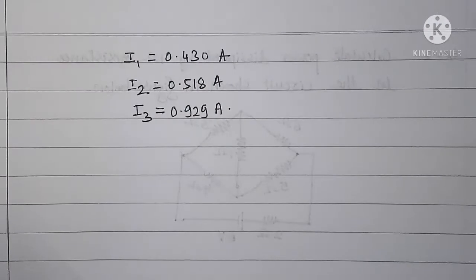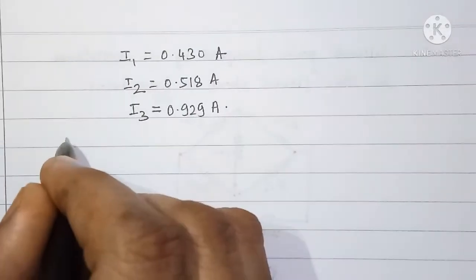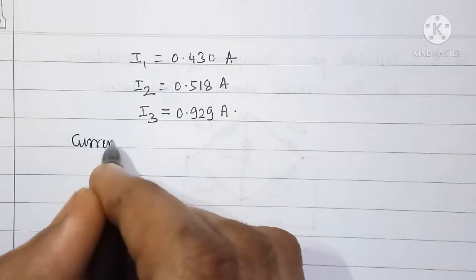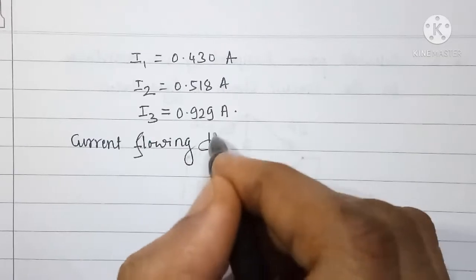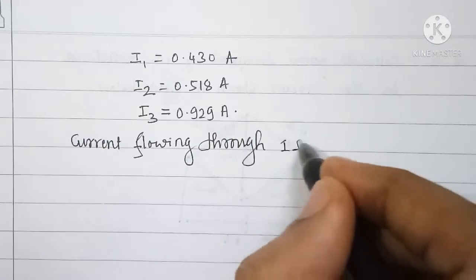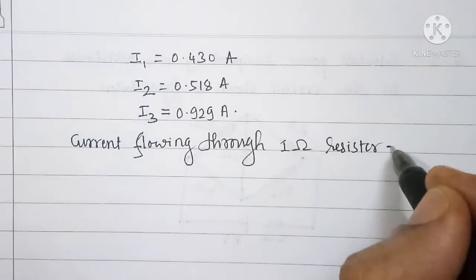We have to calculate the power dissipated by the 1 ohm resistor. For that we need to first calculate the current flowing through the 1 ohm resistor. So right here, the current flowing through the 1 ohm resistor is equal to,